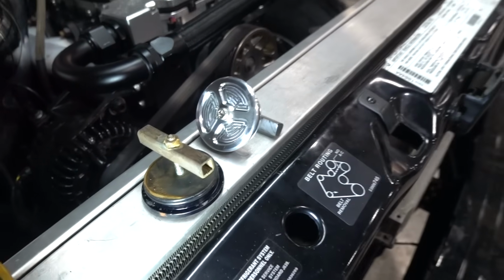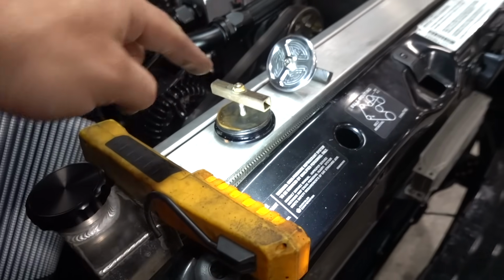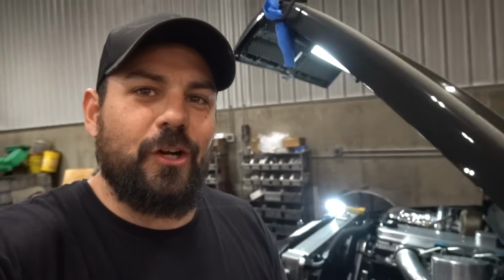So these can fight you a little bit, but that's what I found and what I'm pretty sure is going to be the issue with those sealing up. So we're going to swap those out. Going to do that first, and then on this truck,